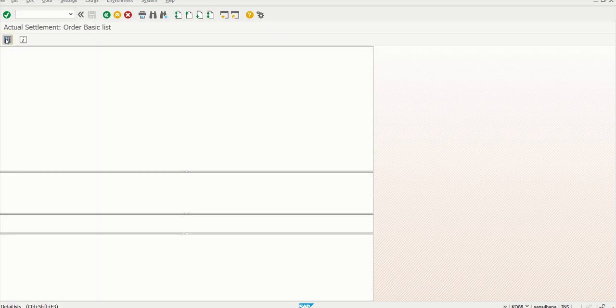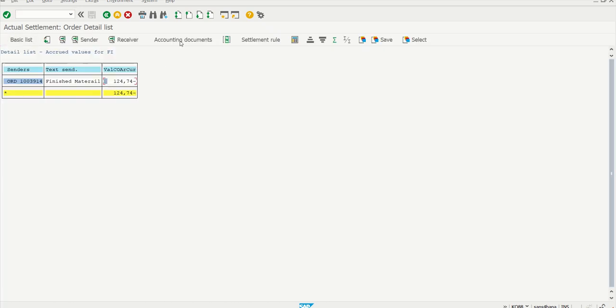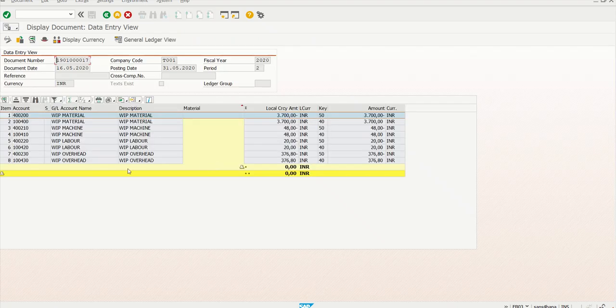Now we can see the accounting details, the accounting document. If you see here, the system is going to update to different GL accounts, whatever GL accounts we have given in the configuration, to break up the WIP at different item levels, like WIP material, machine, labor, overhead. So this is the way the system is going to give you the details of WIP item wise. How is it going to do that? Based on the line IDs.